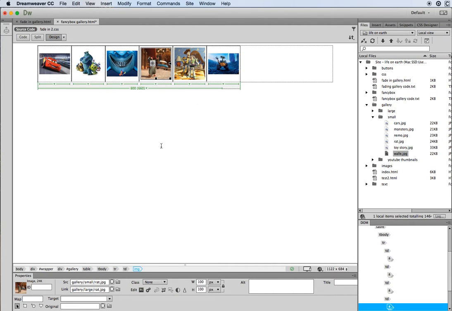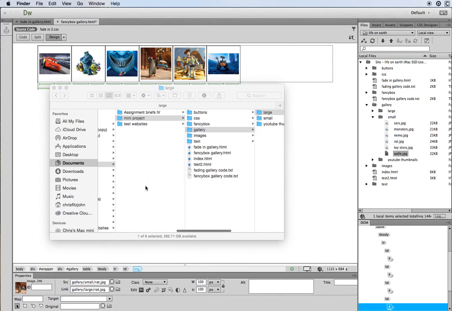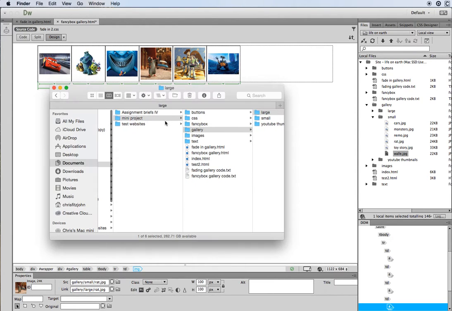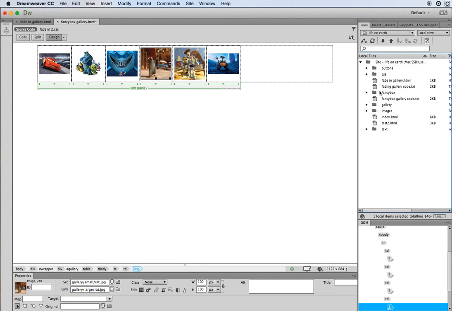Okay, the next thing that you need to make sure that you have somewhere in your root folder. So my root folder here is called mini project. Inside that root folder you need to have this file here called fancyboxgallerycode.txt. That's a text file that contains the code that allows us to create this gallery. So make sure you do have that copied into your website's root folder. When you do, and you come over to your files area, you'll see, if I just close down some of these folders, you'll see that I have